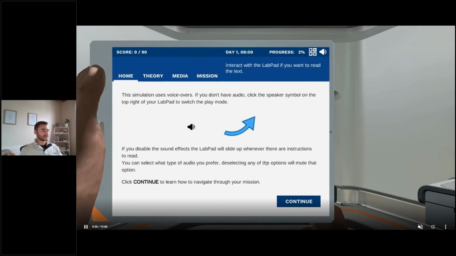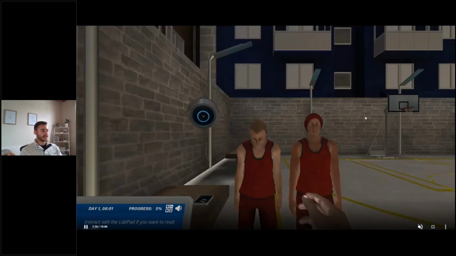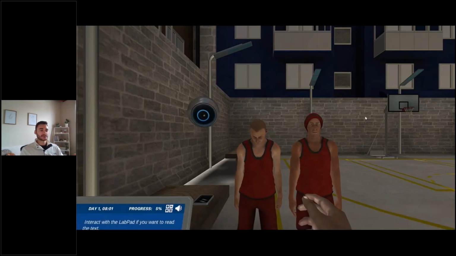Now, as I mentioned earlier, every simulation gets related back into that real life situation. So let's skip ahead here. So here we're at a basketball court. Now I know in this specific simulation, we're interacting with the captain and his point guard. The captain's telling us that the point guard's not feeling too well. His energy isn't where the rest of the team's is. And we're gonna have to take some blood samples and head back into the lab to investigate.